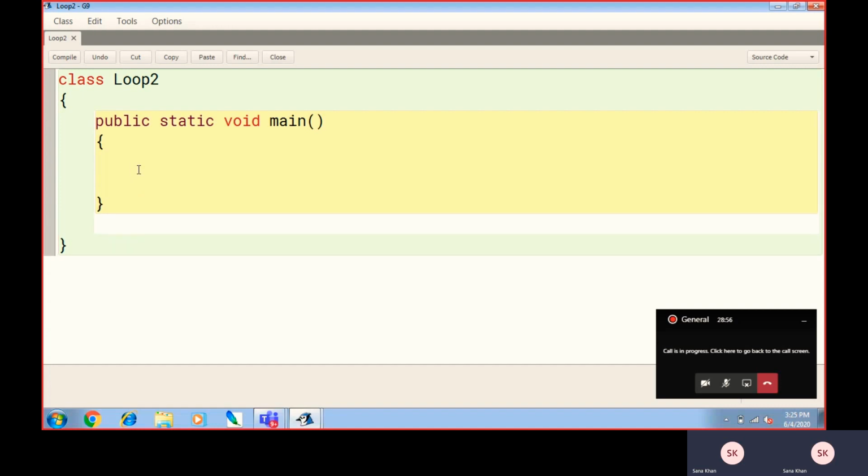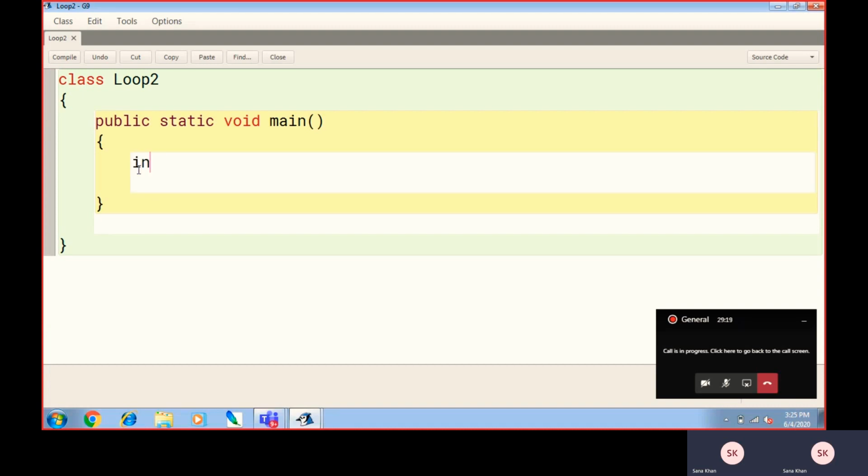We know that a loop means if I want to execute one line a number of times. So the program requirement is I need to print my name, or hello world, or whatever you want to print. But today in this program, I'm going to print hello world 10 times. So I'm not going to write hello world 10 times. I'm going to write it only one time, and I'm going to instruct the while loop to execute 10 times.